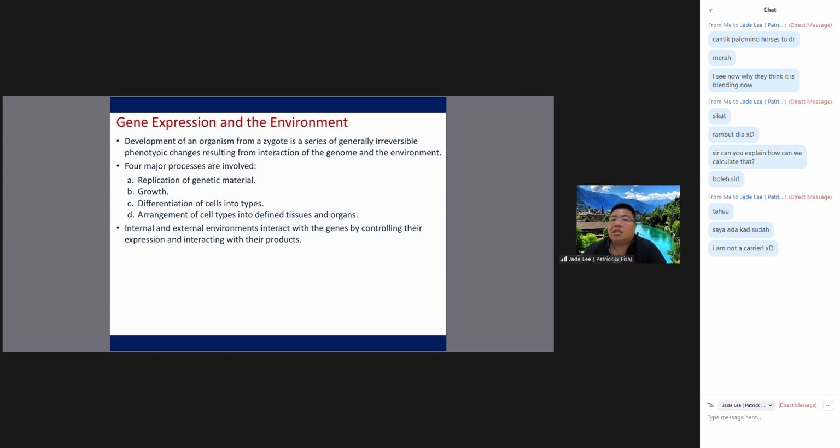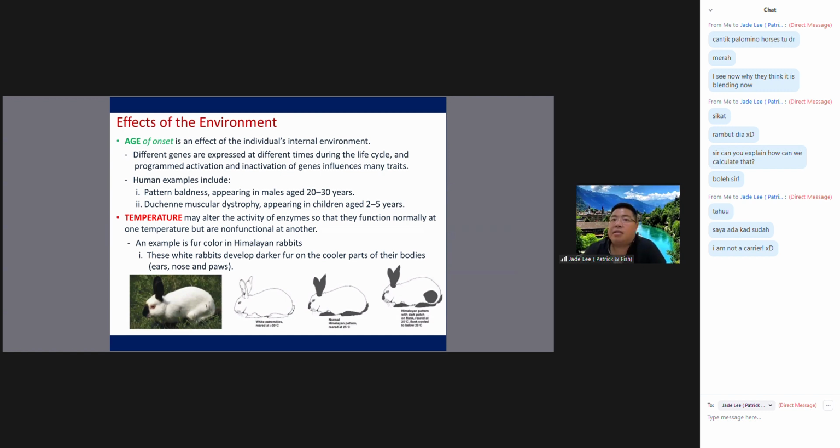So the internal and external environments interact with the genes by controlling their expression and interaction with their products. Okay, contohnya the effect of the environment. The age of the onset ni yang sudah berlakunya something lah, the onset is an effect of the individual's internal environment. So